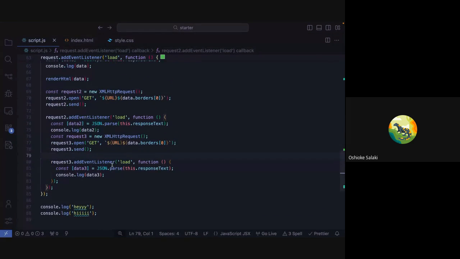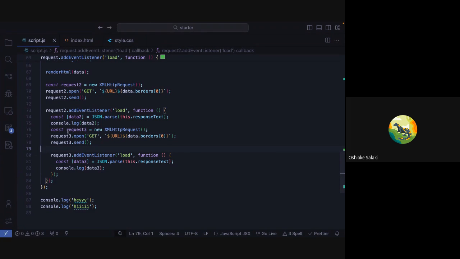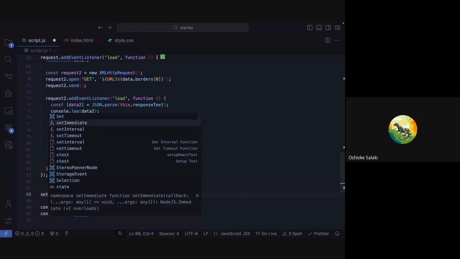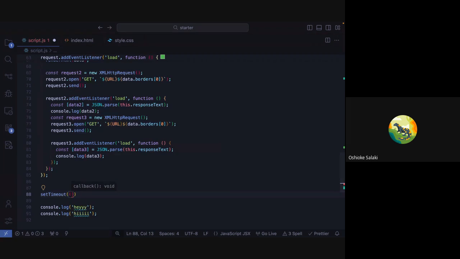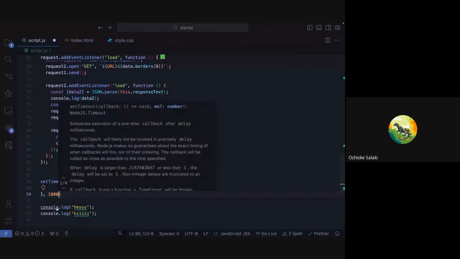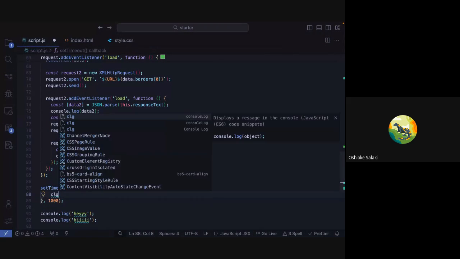So I don't know if you can notice this thing. You can't really notice it right now, but you see how we are having nested objects, and over time we are going to have this triangle on this side. Let me show you how the triangle looks normally. So let's say we have a setTimeout, and it should run after 1 second. You will say console.log